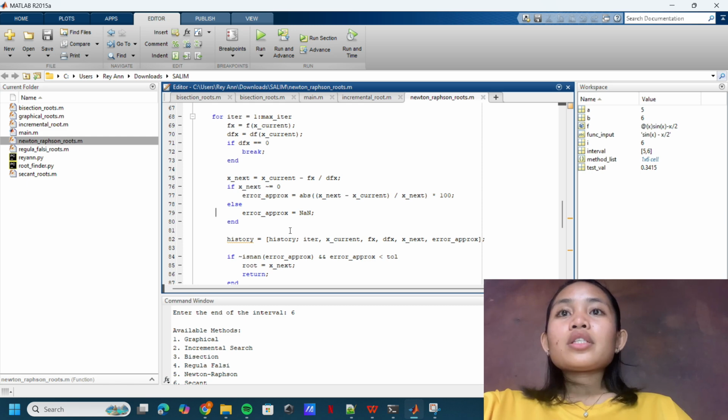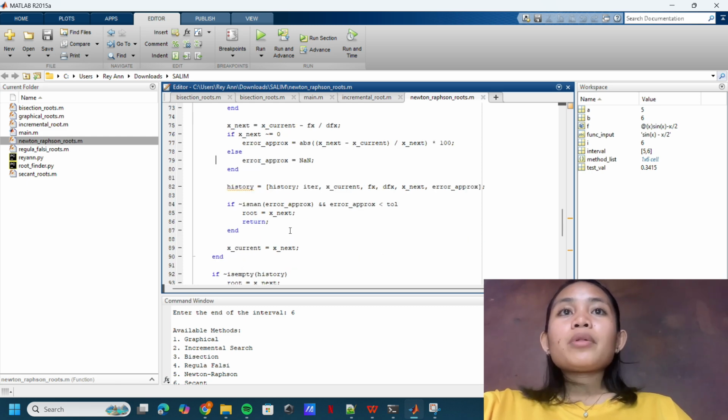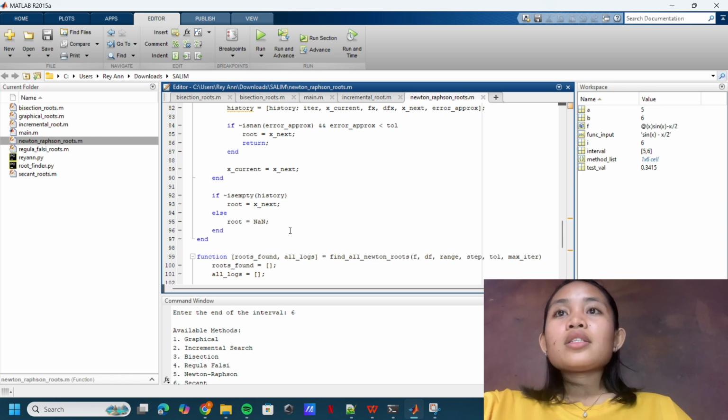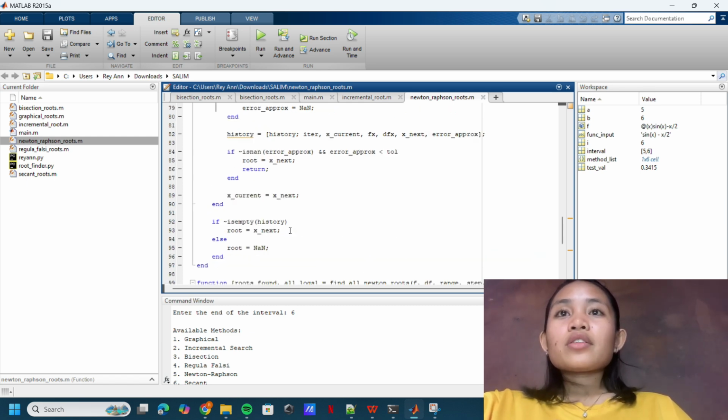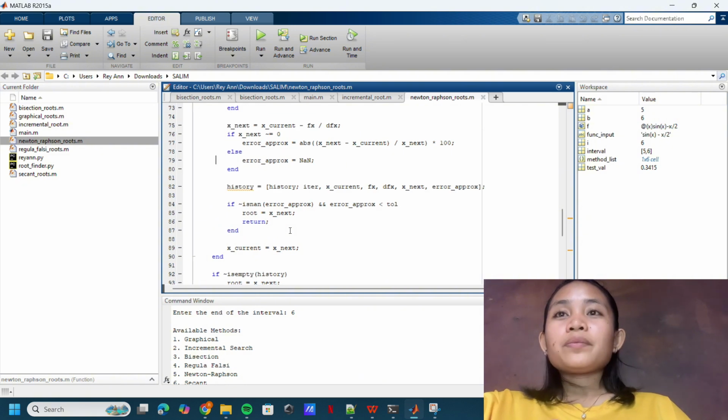Now, let's look inside Newton's single root, which implements Newton-Raphson for a single initial guess. It iterates up to a maximum count, updating the guess using a formula: x next equals x current minus f of x current divided by f prime of x current. The loop stops if the error is below tolerance or the derivative is 0.